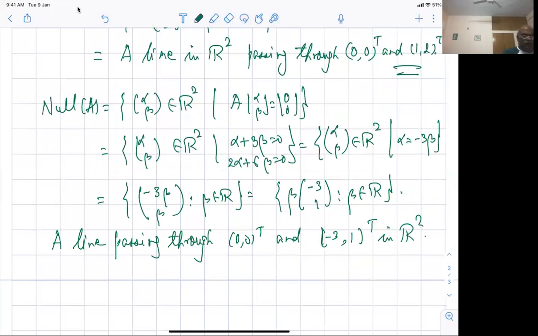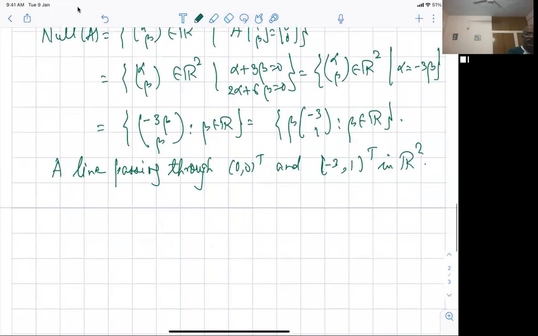All right. Fine. So what we see is that both of them are lines. And at present, we do not see any relationship between the two. The only thing we can see is that this is a line, this is another line. They are not the same line. So I can represent every other point in R2 using these two. That's the only thing I can see. Let's compute now the row